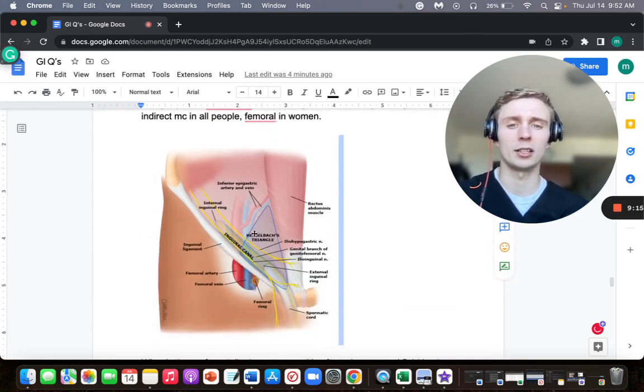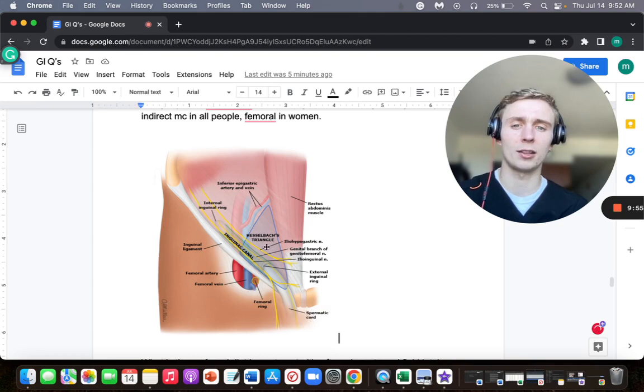And here we have the Hesselbach's triangle. As you can see, the inferior epigastric vessels right here on the lateral side, the rectus abdominis muscle here in the medial, and then the inguinal ligament or Poupart's ligament down here. And you can see lateral is where that portion of the abdomen, colon, or mesentery enters the inguinal canal and goes through it into the scrotum. This patient couldn't reduce it back through there manually, so it's incarcerated or strangulated down here. If it does reduce spontaneously, that's not incarcerated or strangulated. So that would be the indirect as it goes around Hesselbach's triangle, whereas the direct is directly through that Hesselbach's triangle.